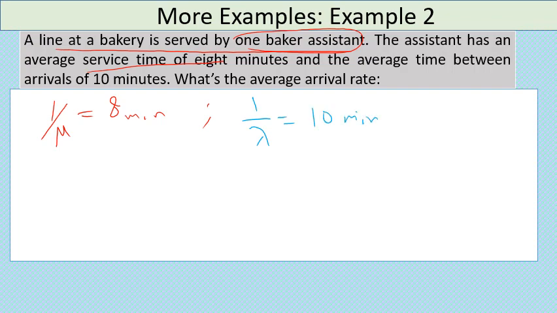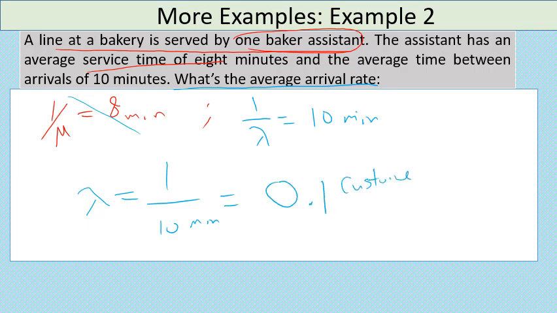So just like we move from service duration to service rate, we can have the same thing when it comes to arrivals. So we can have the average time between arrivals, and we could convert that to an arrival rate. The question asks us what is the average arrival time. So we don't need any service duration information. All we need is the lambda information. So lambda would be just 1 over 10 minutes, which is going to give us 0.1